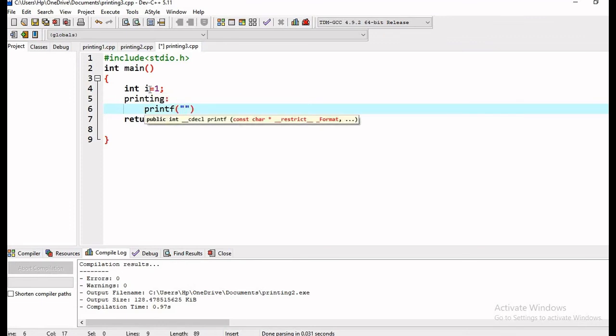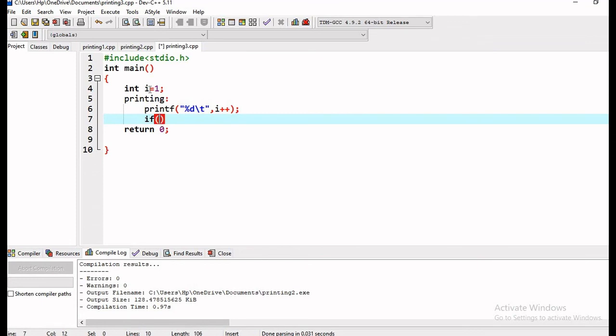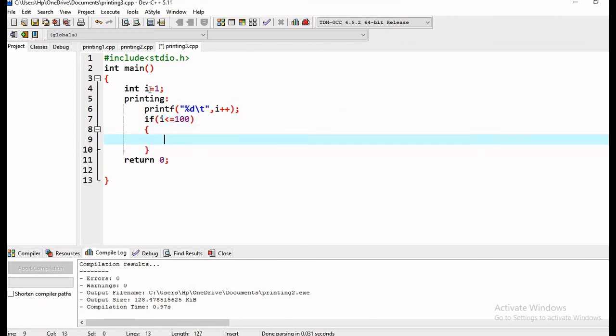Inside this label, we will just print the number i, and if i is less than or equal to the same terminating condition, then we will go to printing.